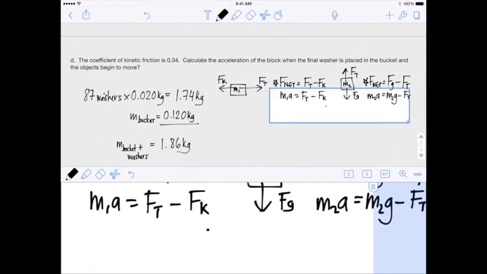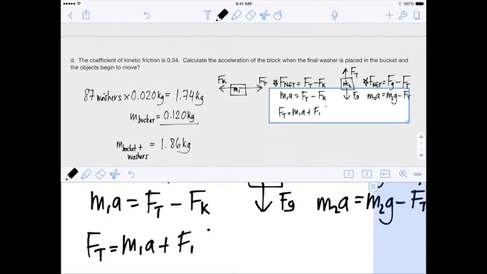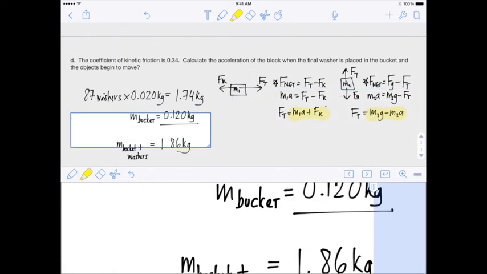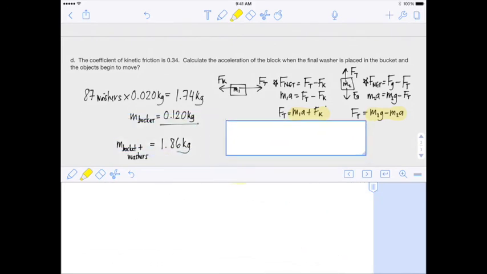Solve these both for tension, as we've done in all previous examples. And we have tension is equal to M1A plus force of kinetic friction. And we have here tension is equal to M2G minus M2A. Since tension is equal to M1A plus kinetic friction and tension is equal to M2G minus M2A, we can equate these two statements and say that M1A plus Fk is equal to